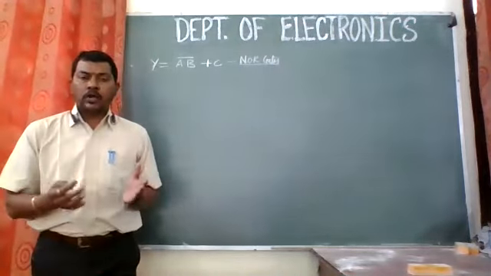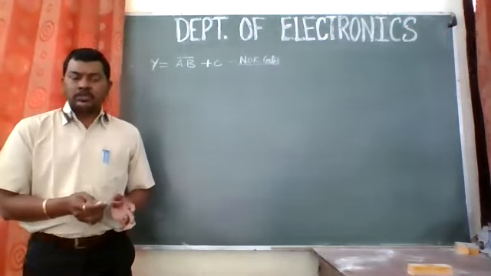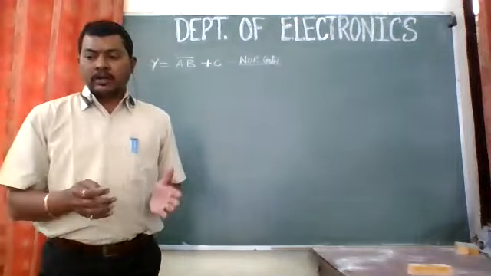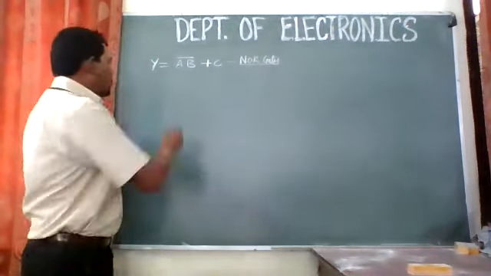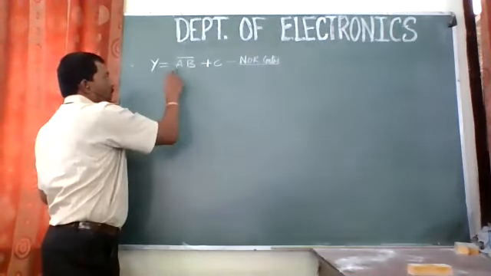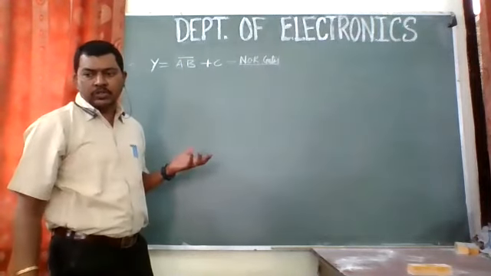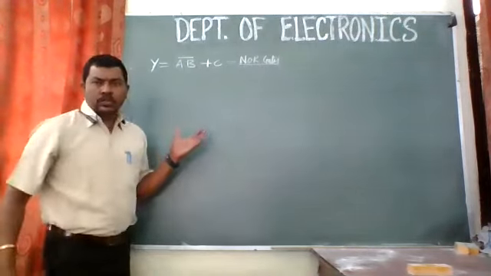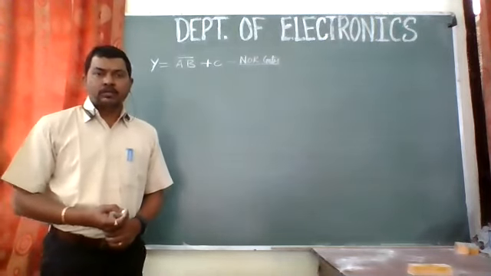Now, how are we going to do that? I guess we can use De Morgan's theorems to solve that equation, right? So let us begin with that. This is the equation y equal to a dot b bar plus c. So shall we begin? Have you understood the question? If you have understood the question, then only we can solve it, right?